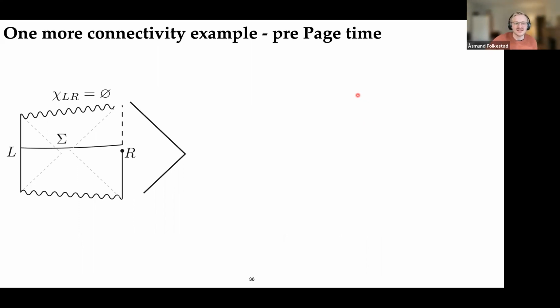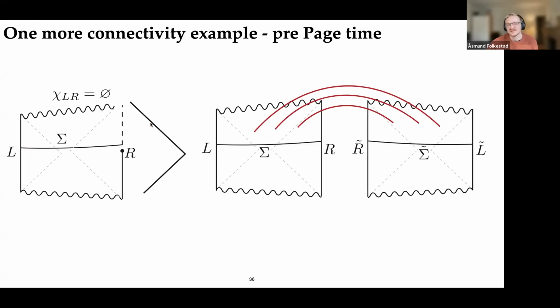So we could do the same thing with just a two-sided black hole, and we just evaporate one side. And this time we canonically purify the state, not on just one of the CFTs, but the union of both, so both on L and R. So canonically purifying before Page time, we just get this. So again, we just introduce a second copy of this Cauchy slice and evolve forward and backward with reflecting boundary conditions. And now we have these two disconnected universes with entanglement between the bulk fields indicated with red.